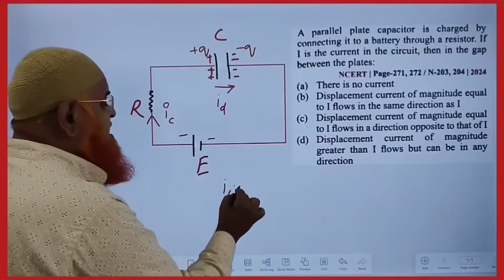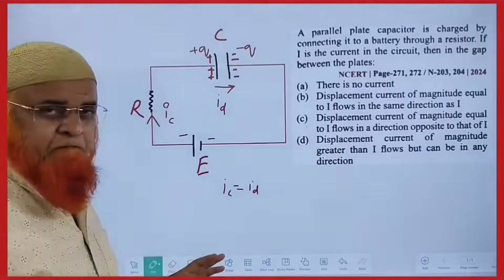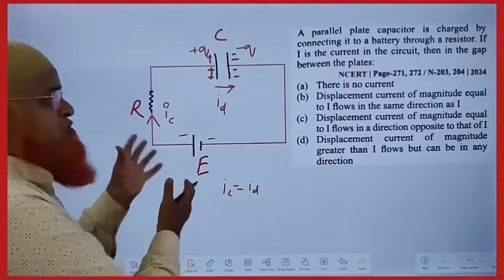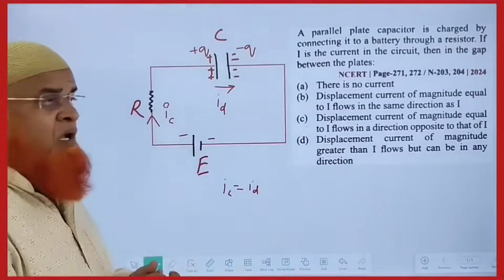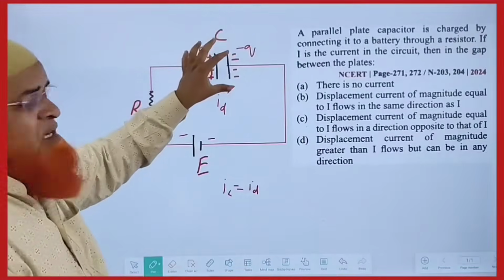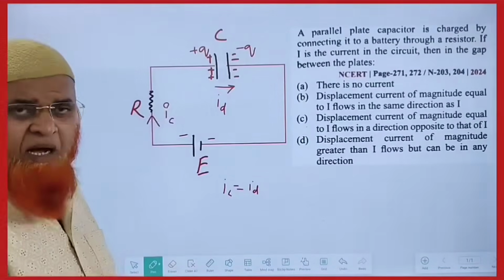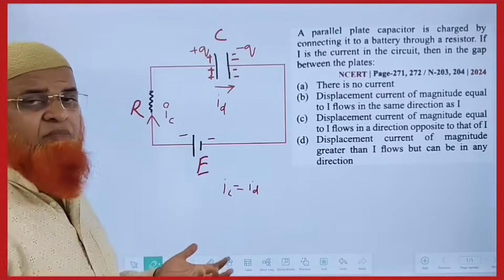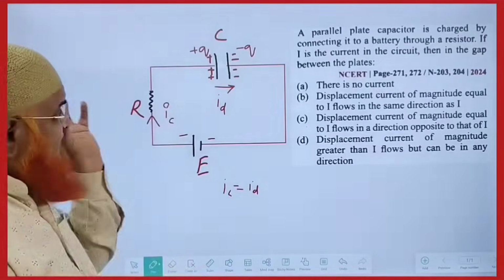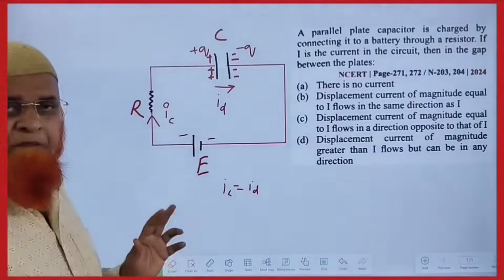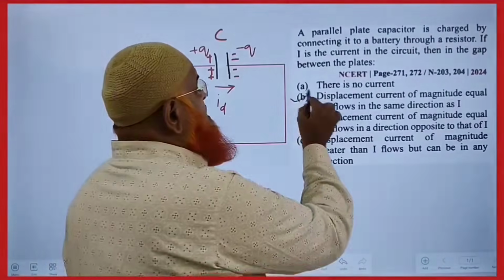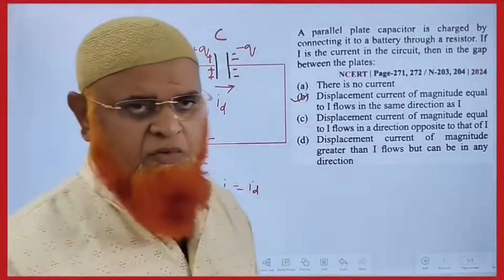अंदर का जो डिस्प्लेसमेंट करंट है, ये दोनों सेम रहेगा, क्योंकि जितना करंट बैटरी के अंदर प्रोड्यूस होगा उतना करंट अंदर जाएगा, चार्ज होगा। जब कैपेसिटर कंप्लीटली चार्ज हो जाएगा तो फिर अंदर डिस्प्लेसमेंट करंट प्रोड्यूस नहीं होगा, क्योंकि वो चार्ज हो गया। मगर चार्ज होते वक्त दोनों करंट सेम होंगे, ये बात ध्यान में रखना है। तो हमारा करेक्ट ऑप्शन हो गया बी ऑप्शन। ओके, दिस इज गोइंग टू बी द बी ऑप्शन।